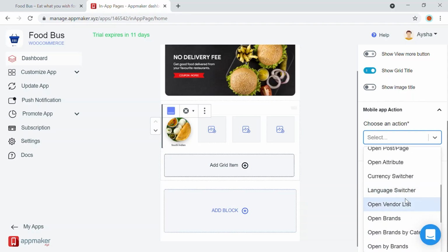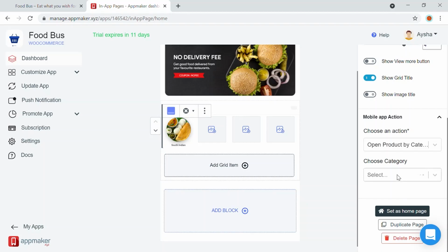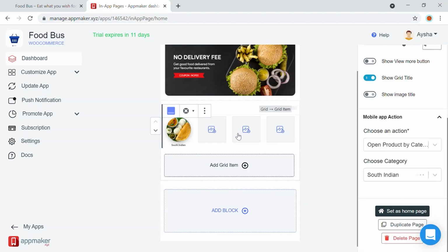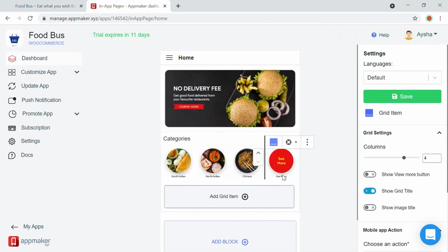So I'm going to look for a category, obviously, and here all of the categories will be available. So here you will be able to see different categories that I already have in my website. So that will be displayed here. I'm going to click on South India. So that will be one category. Then I'm going to add others as well. Okay, so I have added all of the images right here, and I have clicked on save. So make sure you are saving it occasionally. Whichever changes you make, you can just click on save, so that all of this is saved.